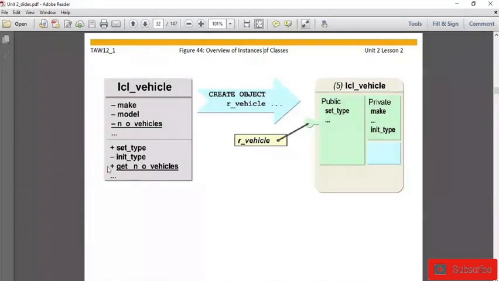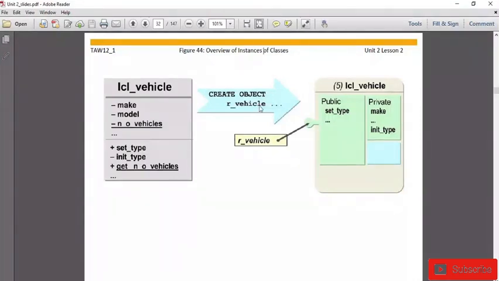Now once we are creating the object of this class, suppose the object name is r_vehicle, so it can access directly the public component or private component. So it is representing here, this is not representing an object, this is a reference variable. Reference variable, you may say that is a pointer. This is pointing to the class, pointing to a particular class. So before creating the object, firstly we need to create the reference variable, and the reference variable name as well as the object name must be the same.